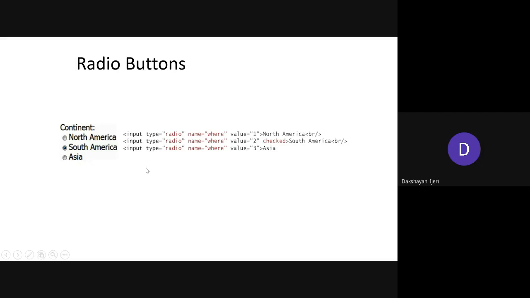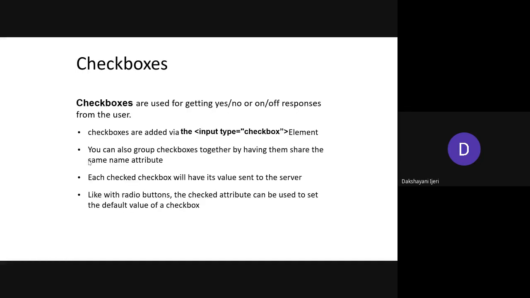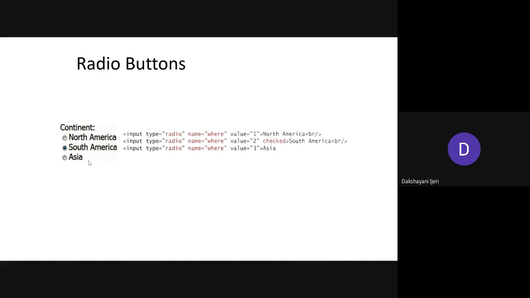Clear? Two things you need to remember whenever you are creating radio buttons. You should have two mandatory attributes: the name attribute, which should have the same value for all the options, and the value attribute, which should have different, distinguishing values for each of the options. And the checked attribute is optional; it is used only if you want any one option to be selected by default. Am I clear? Is it clear? Yes, ma'am.